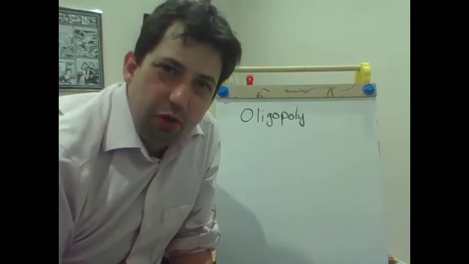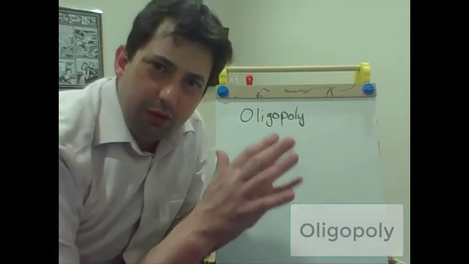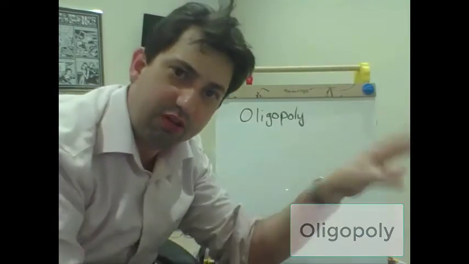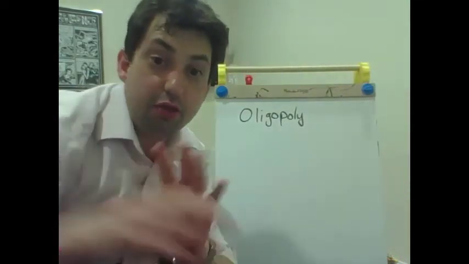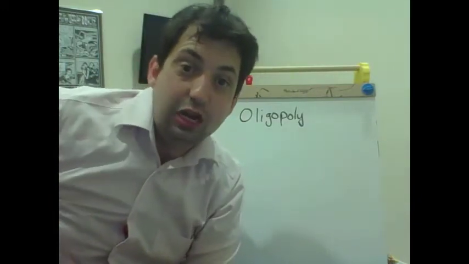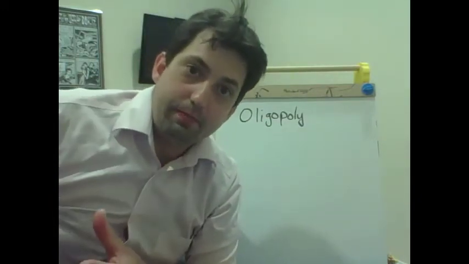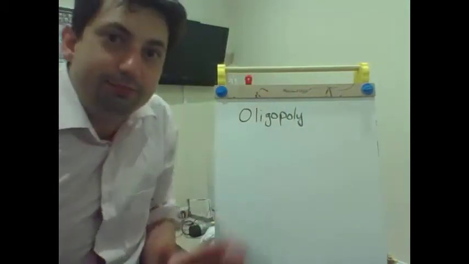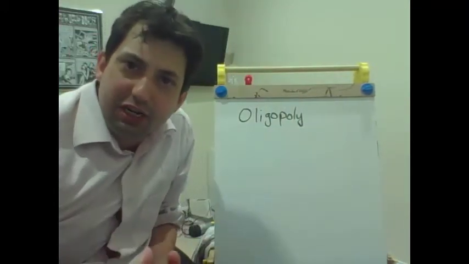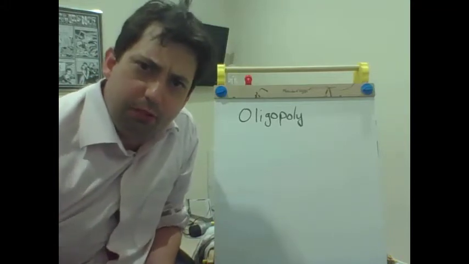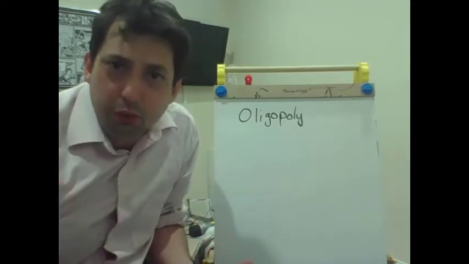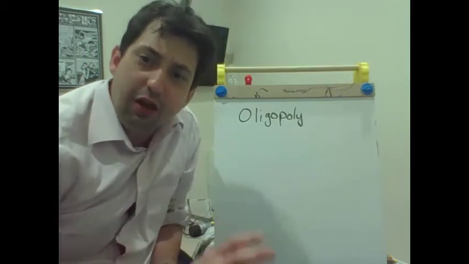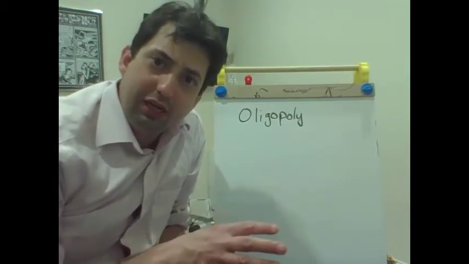So in previous videos, we've discussed how there's competition on one end of the spectrum, lots of firms competing with one another, and then on the other end of the spectrum, there's monopoly, where there's just one firm. Now we're going to go between those two extremes and look at oligopoly. So oligopoly is a market dominated by a small number of firms. It can be just a few. And we're going to be focusing on, for our purposes, a specific case of oligopoly called a duopoly, where there